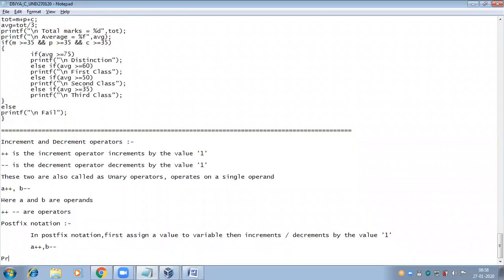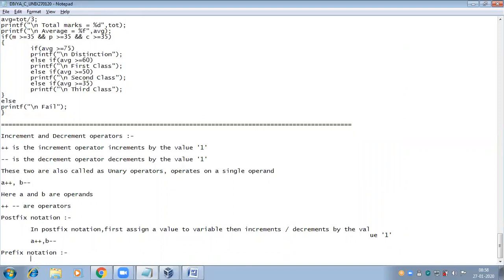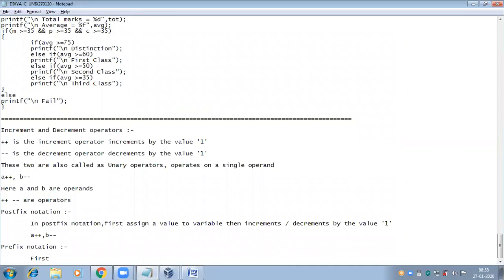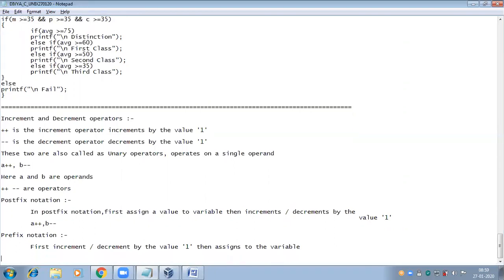In the prefix notation, first increment or decrement by the value 1, then assign to the variable, like plus plus A, minus minus B.